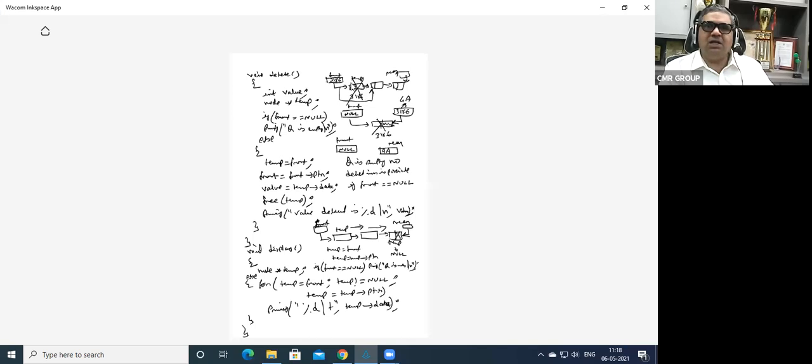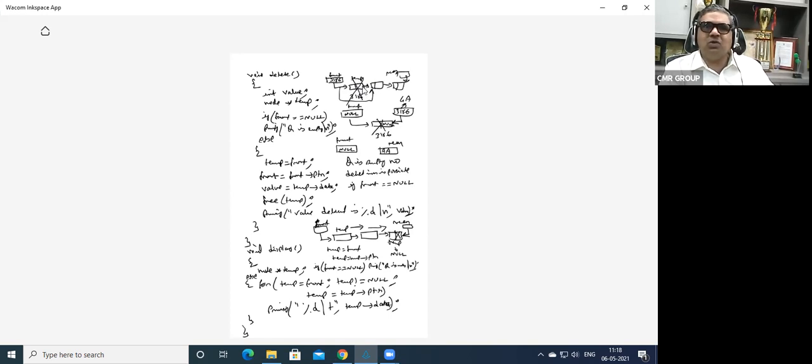But you want to delete this first node. So what are we going to do? We are going to establish the link so that the second node becomes the front node. Where is the second node address stored? It is always stored in the first node's pointer, the address part.